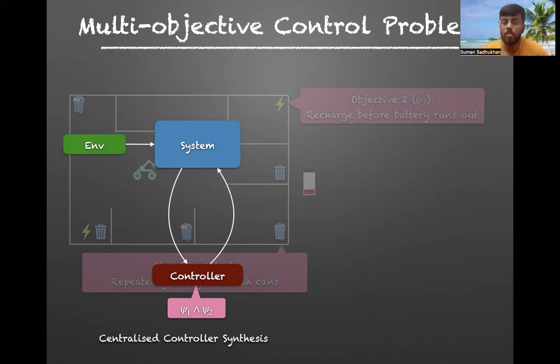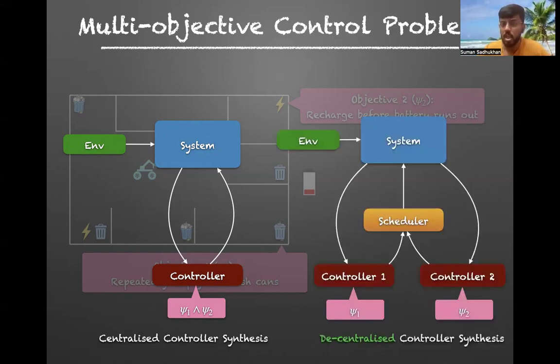But we want to approach the same problem, synthesizing a controller for these two objectives, in a slightly different way, which is we want to synthesize the two controllers for the two objectives independently, and we want to have a scheduling mechanism such that these two controllers can be scheduled and tell the system whatever it needs to do